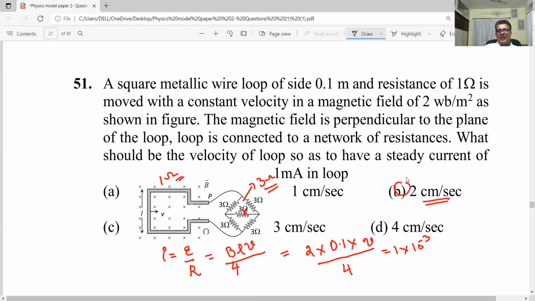2 centimeter per second. I have not checked whether it's centimeter. See, if you want 4 on the right hand side, 2 below, 0.1, the digits don't change, right? So 2 centimeter per second. Option number B is the right answer. Simple problem. Looks difficult. It is the total EMF created divided by the total resistance in the circuit.